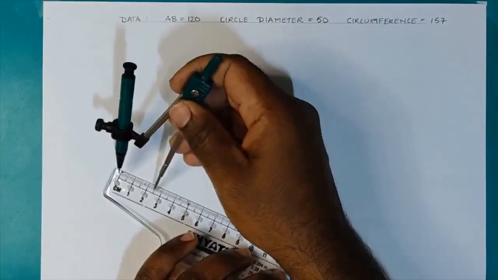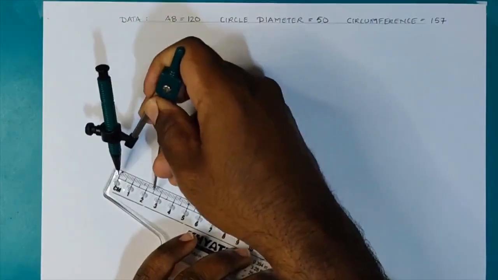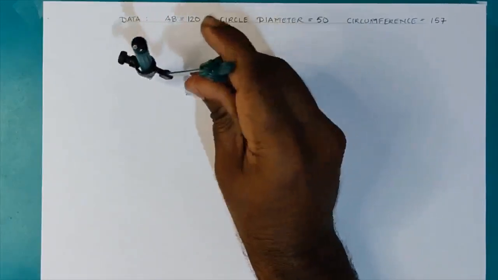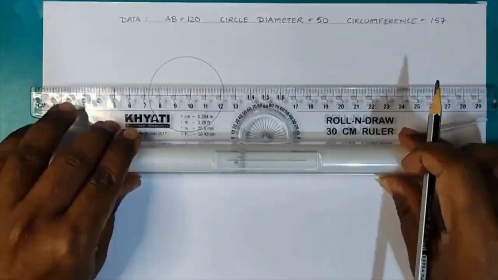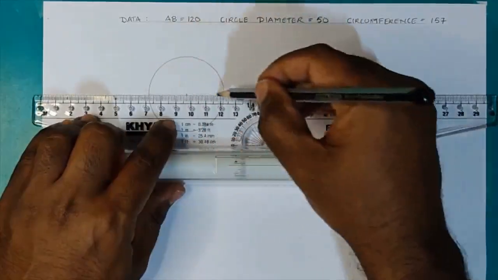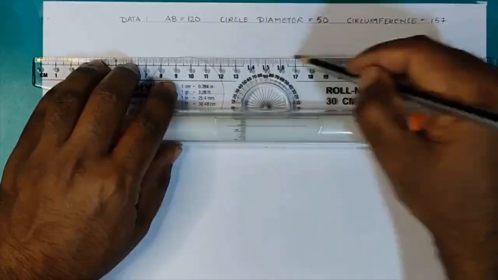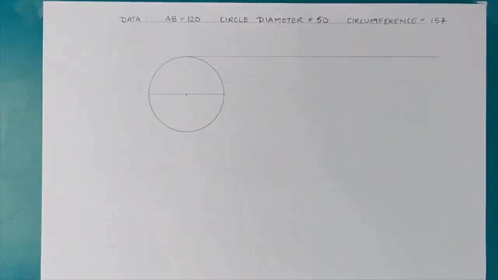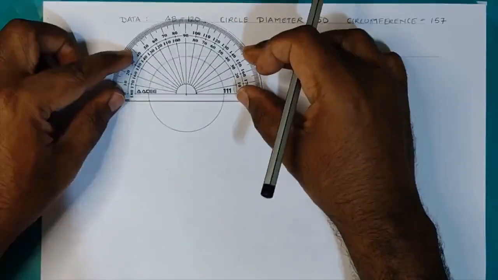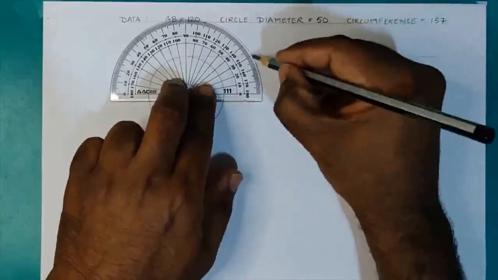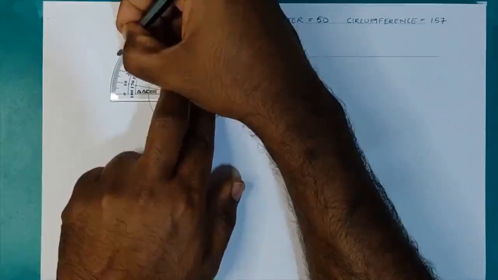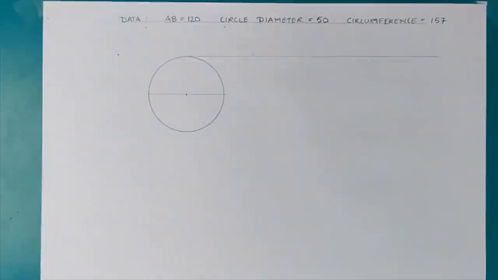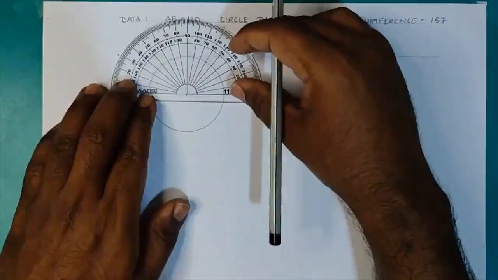We start by drawing the circle first of 25 mm radius, which is drawn medium dark. Then through the center I'll be drawing a horizontal. Similarly, I'll draw a tangent to the given circle. I am using a protractor to divide the circle into 12 equal parts. So I'll be taking angles of 30 degree each and joining it with the center.